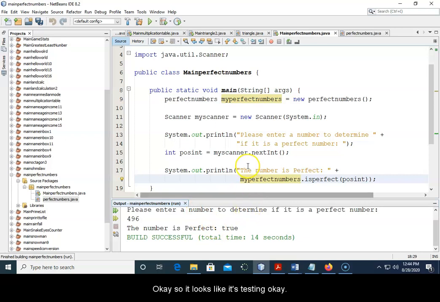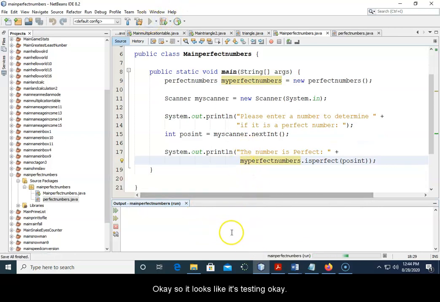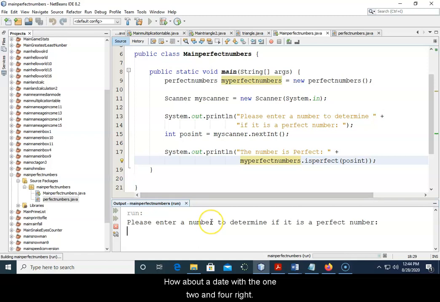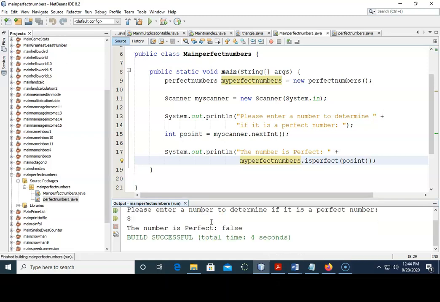Okay, so it looks like it's testing okay. How about 8? 8 would be 1, 2, and 4, right? It's false. Okay, so I think that's good. All right, so next up,